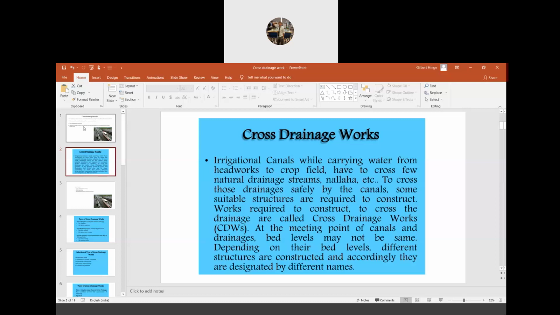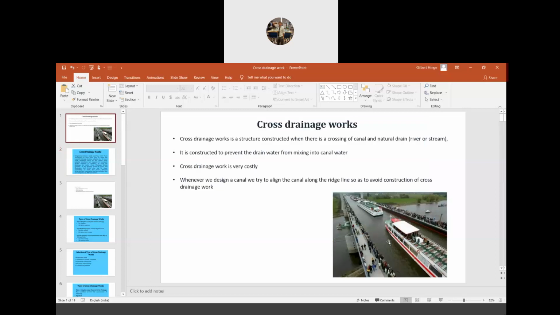So you see here, this is called a cross drainage work. Generally these kinds of structures are very costly to construct. So we often try to avoid constructing them because they are very costly in nature. Whenever we design a canal, we try to align the canal in such a way as to avoid this kind of structure. Okay, anyway,